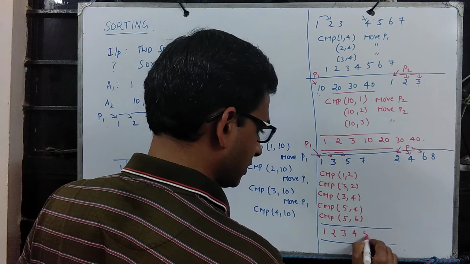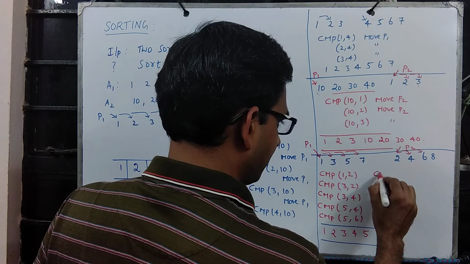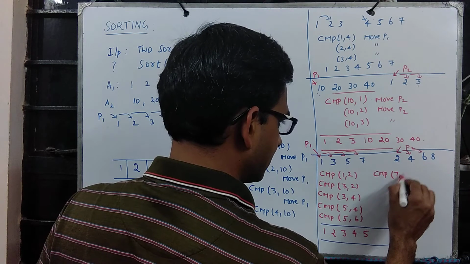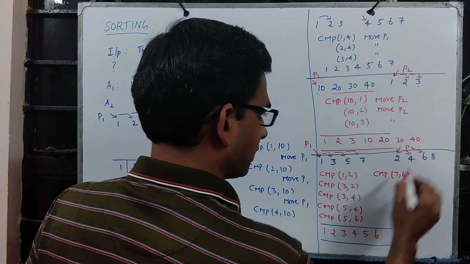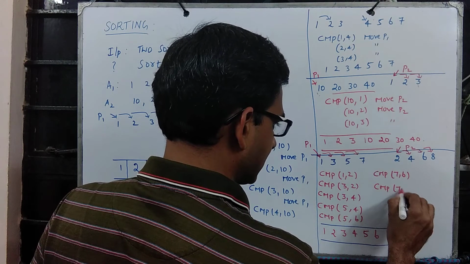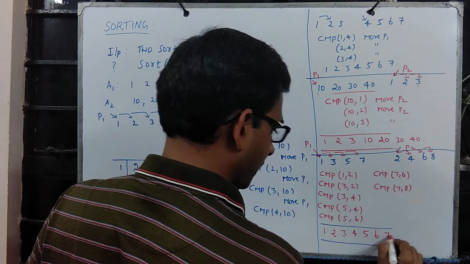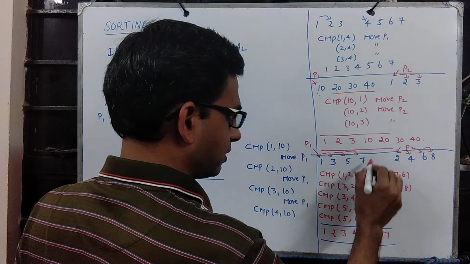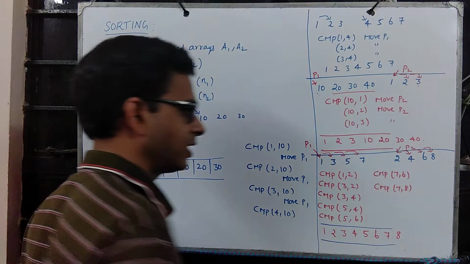Minimum comes from this, so we move this pointer. Then we compare 7 and 6. Minimum comes from this, then move this pointer, then we compare 7 and 8, minimum comes from this. Now you move this, now you are exhausted, simply place the other of